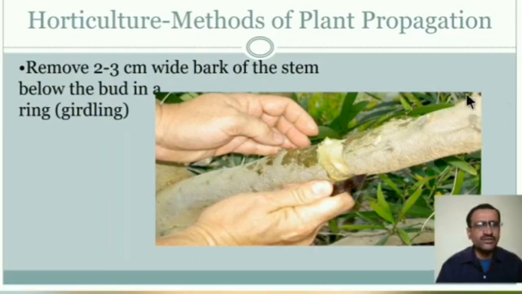So the food material that is produced at the uppermost part comes toward that ring, but that food cannot go toward the root. Why? Because the phloem region is removed here, and the translocation of food material takes place only through the phloem. We remove the phloem, so that food material stays here only, and does not go in a downward direction. Okay, in this way the ring is formed here.